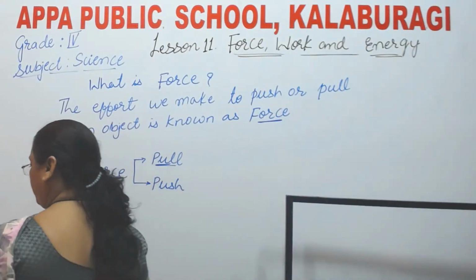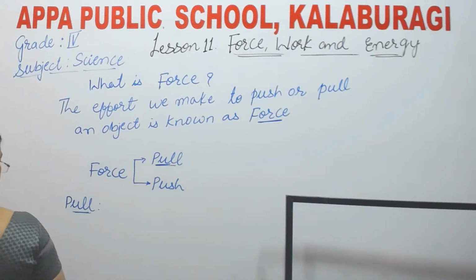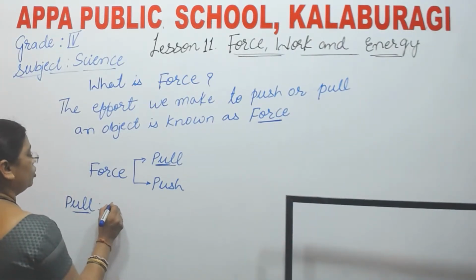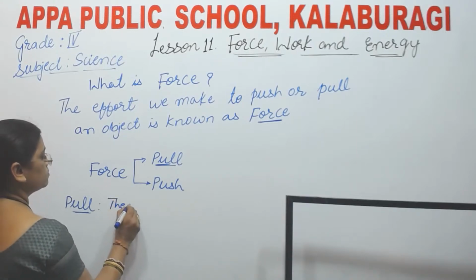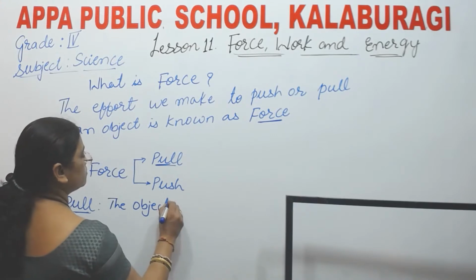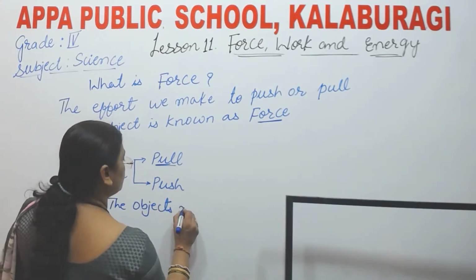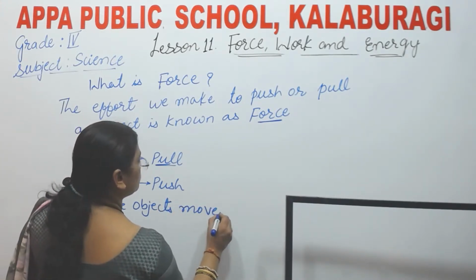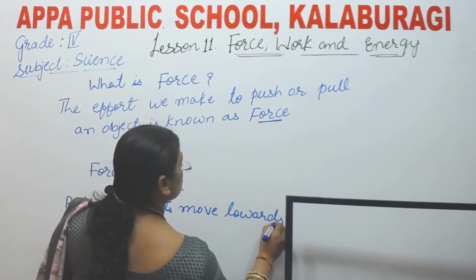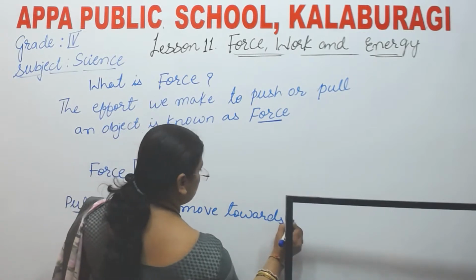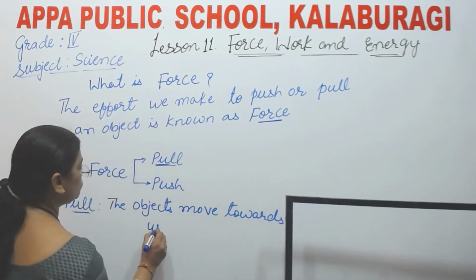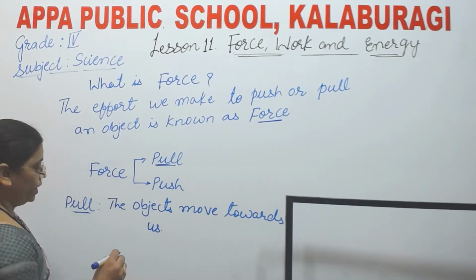What can the pull make? Pull means the objects move towards us. Towards us is known as pull. Okay, for example,